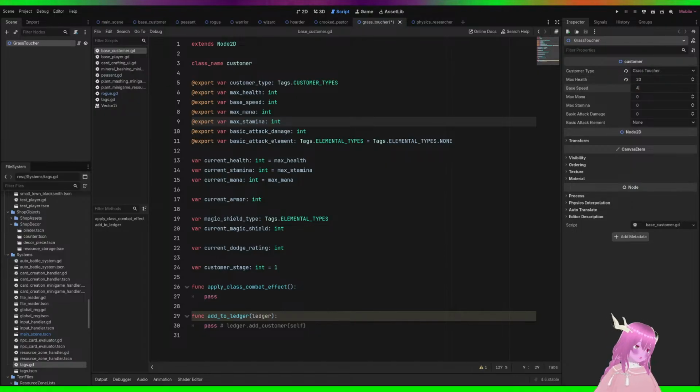So we're gonna have... wait, this one has a base speed of 8. Whoops. 1 mana, 4 stamina. Basic 8 attack as well. Earth. I may have to tweak these numbers, by the way, based on what...